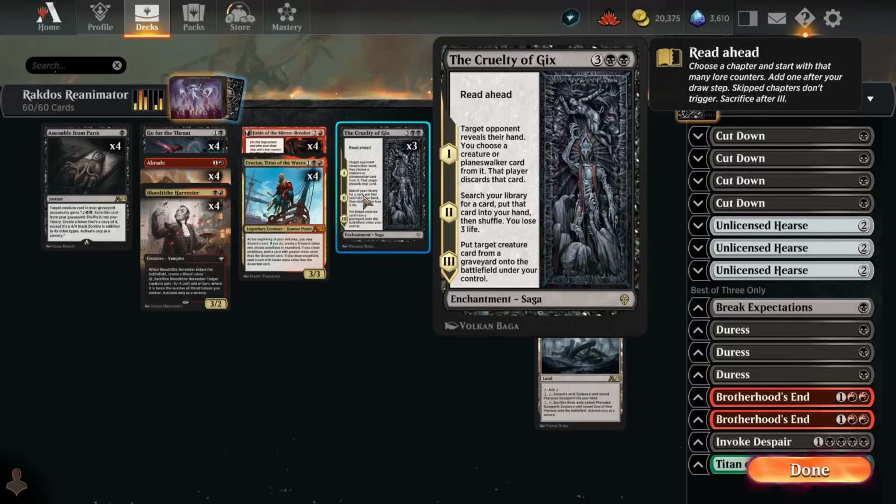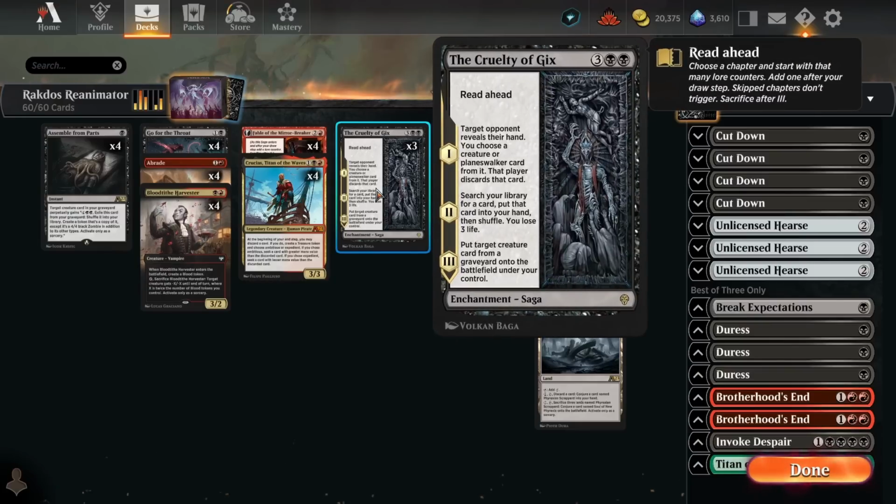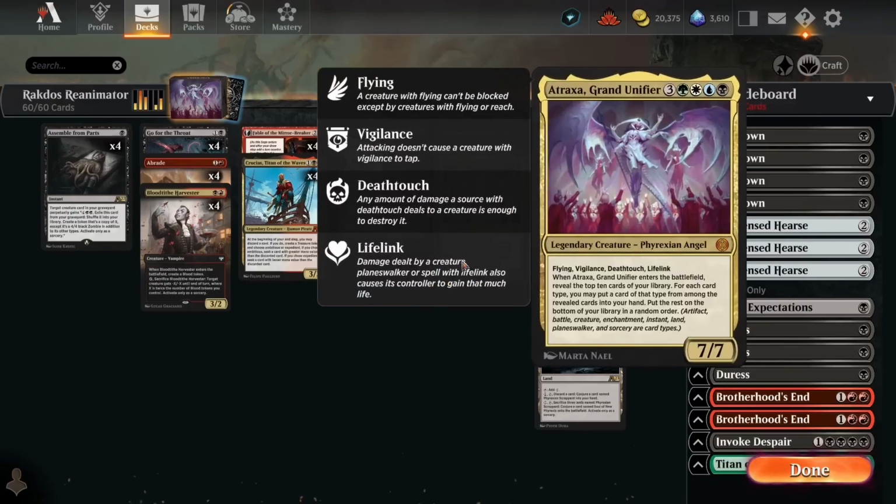Also, there can be some situations where the opponent has your graveyard on lock, and you can use chapter 3 to get back something from their graveyard, which is really nice. And then chapter 2, essentially giving you a tutor effect for anything in your deck, is really powerful. Now, I don't have any one-offs in the main deck just because I didn't really feel like it was worth it. You know, the majority of the time you use chapter 2 to find an Atraxa